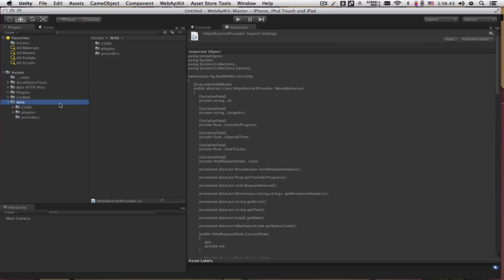After you import your Web API Kit core and other components, you will see a WAC folder, inside of which will be a core folder. The core folder is where all of the internal functionality lies. The examples folder has all of the examples that this video series will be based around. The extended folder